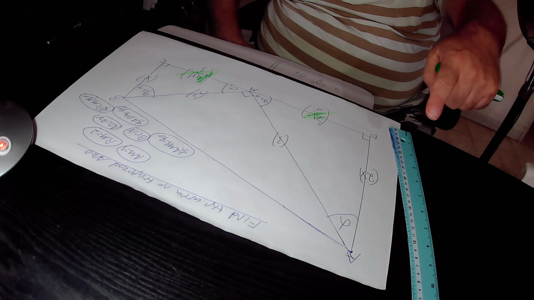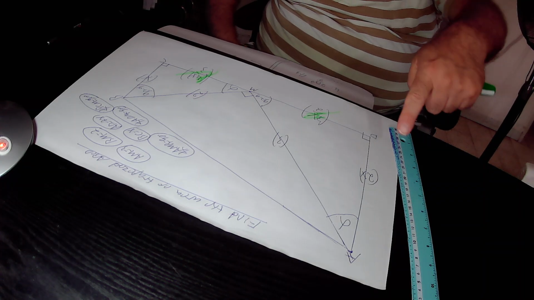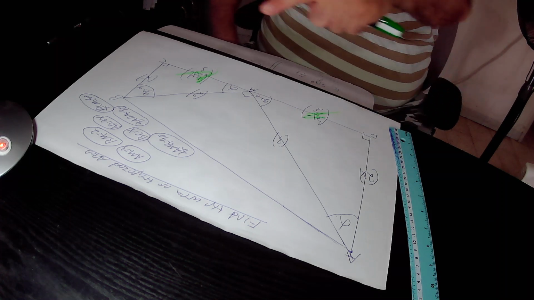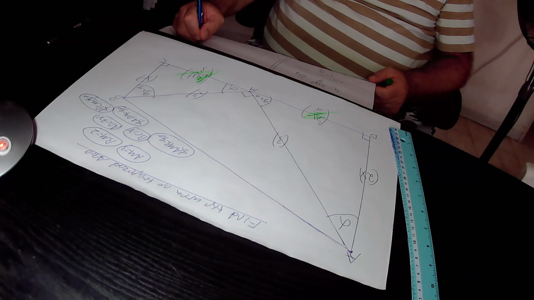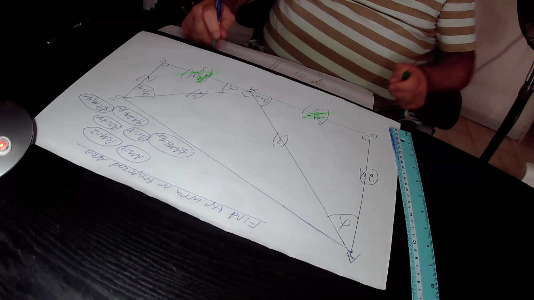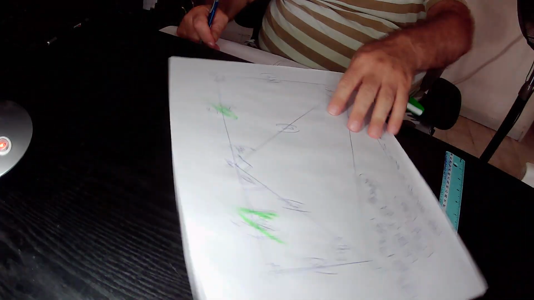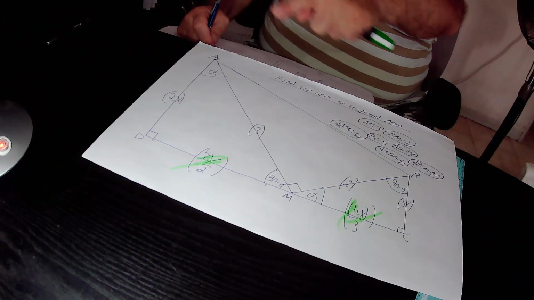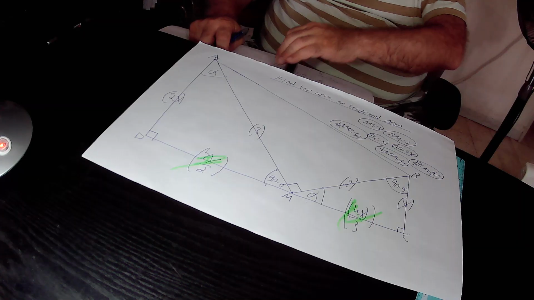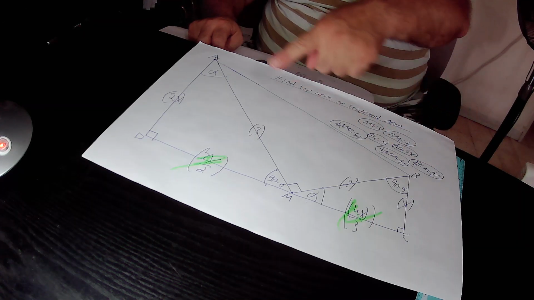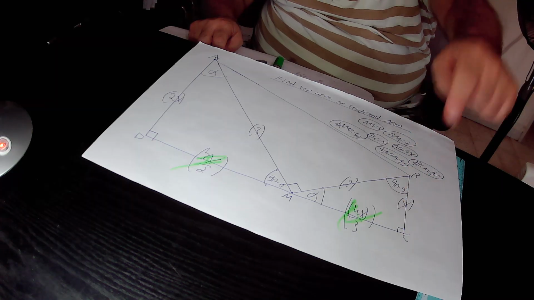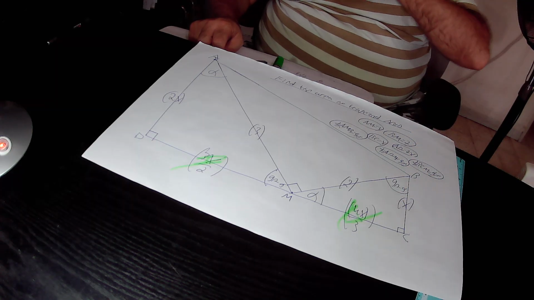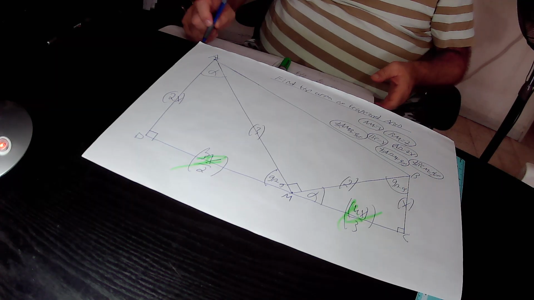The two parallel bases in this trapezoid ABCD are AD and BC. So it is AD plus BC times the height. The height of this trapezoid ABCD is DC. Why is this the height? Because DC creates 90 degrees with the base AD, and DC also creates 90 degrees with the base BC. Therefore, the height of trapezoid ABCD is DC